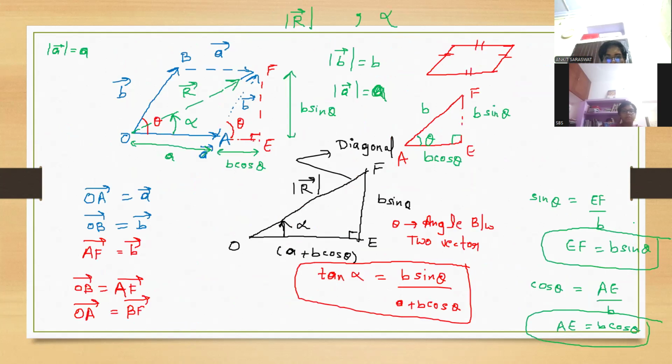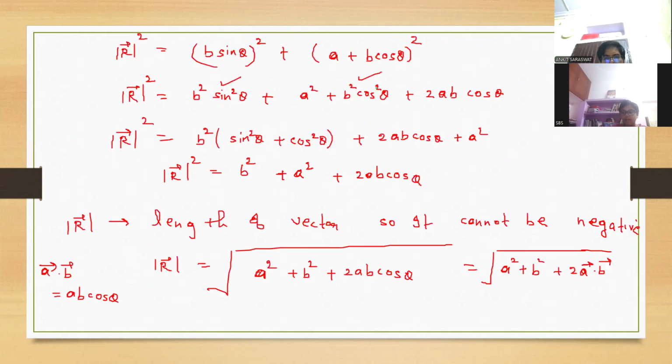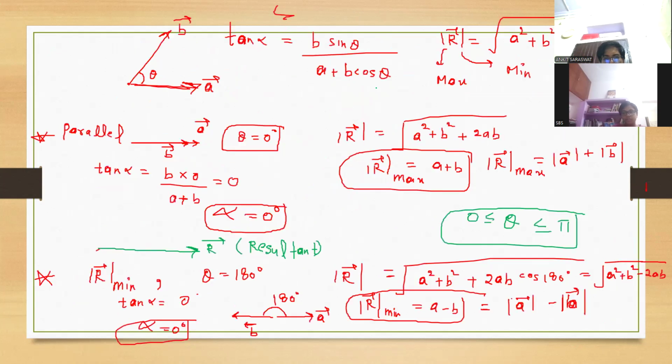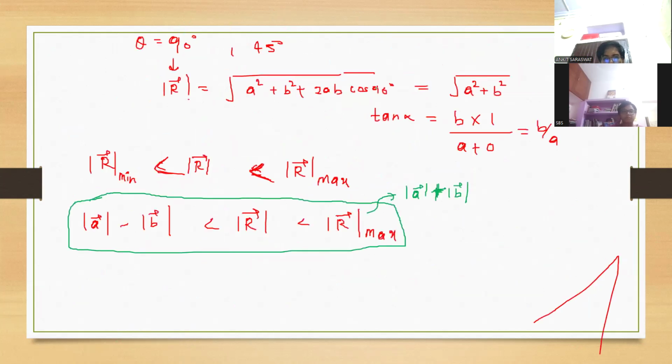Magnitude of A, sir. You can check, I have written it initially. Don't worry, after the class I will share the slide. Sir, for R minimum we wrote A minus B, mod of A vector minus mod of B vector, but here why did you write mod of A vector plus mod of B vector? See what I am writing. Mod R minimum is mod A